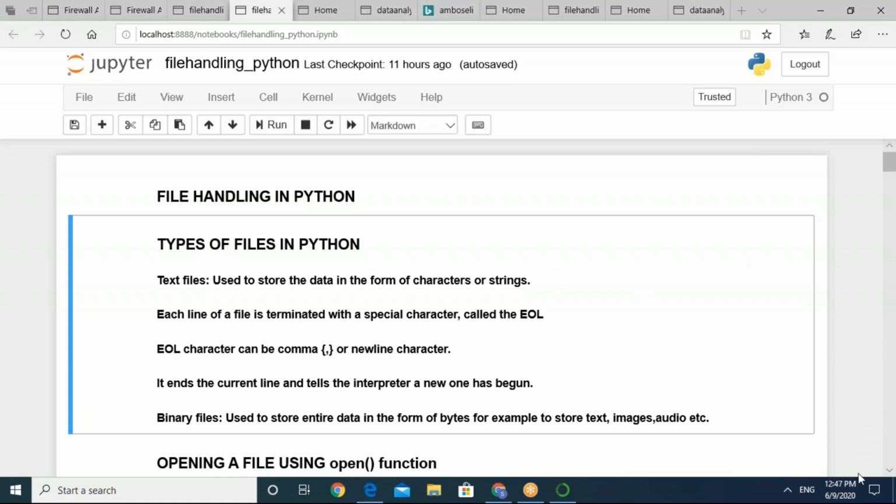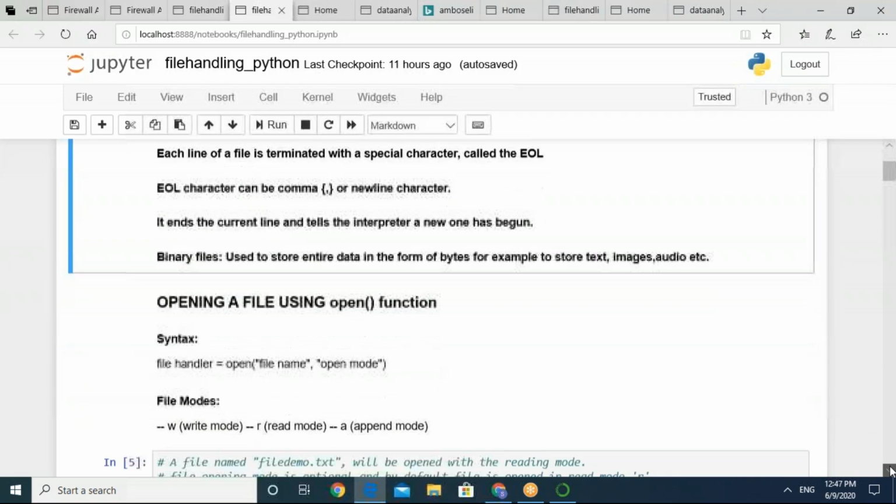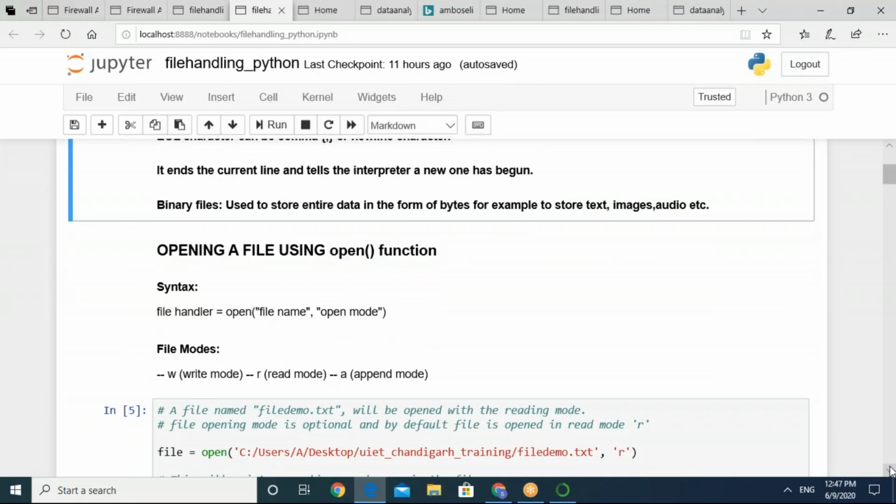First of all, we utilized the open method, which can be used for opening a file in different modes. In all of the examples, the main thing was how exactly you access a file which is saved somewhere in the directory.